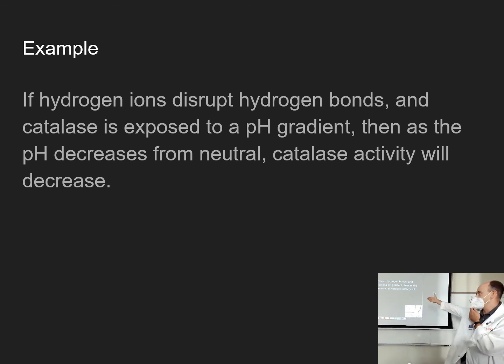The example I gave you here is like, if instead of testing substrate concentration, we expose catalase to different pHs to see if pH messed up the enzyme, right? And so you have the if, and you have what you think pH does to enzymes, and what you're going to do, and then what you expect you'll see. So in this case,